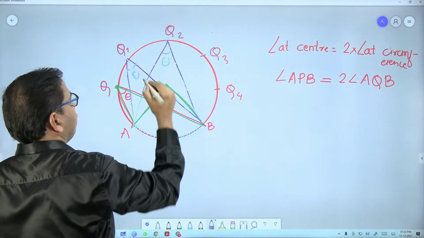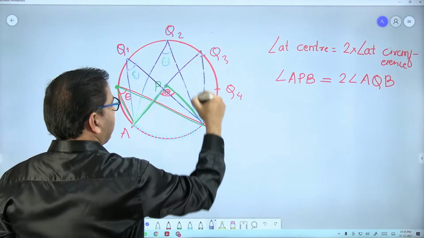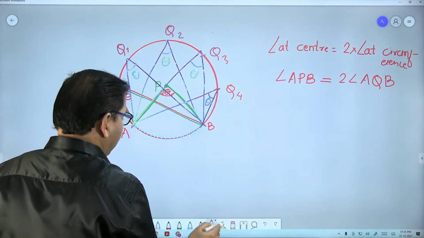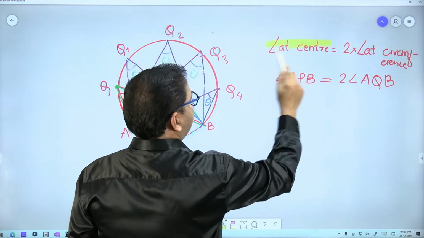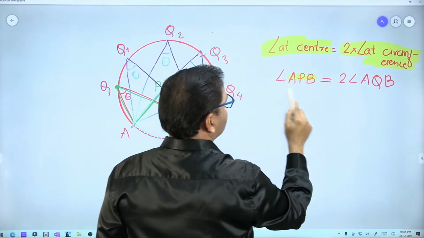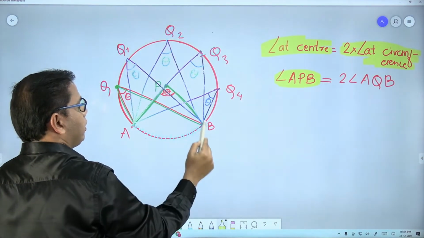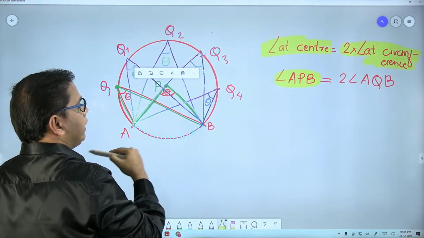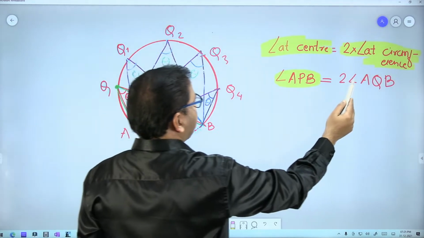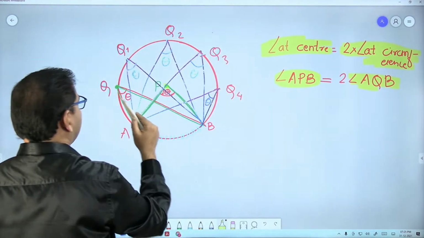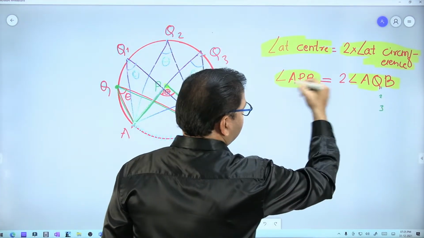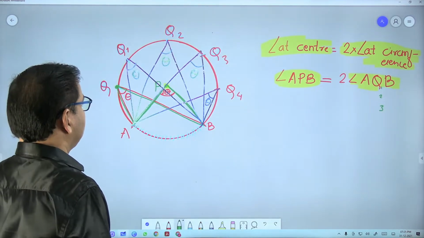Now I know you will be confused if I draw such a complicated diagram. So we will also see it in an easier way, okay? So the point to be noted is that the angle at the center is twice the angle at the circumference. Here I have central angle APB, with vertex P coinciding with the center of the circle. That is twice the angle anywhere on the circumference. So you can write Q also, you can write Q1 or Q2, Q3. Okay, this is applicable for all the angles. Is it fine?